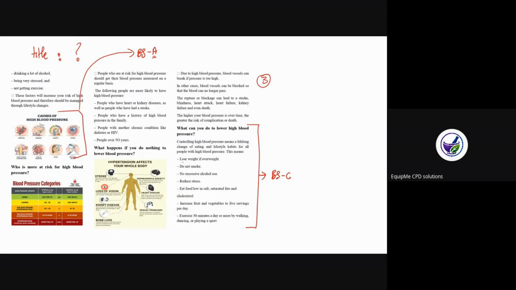During the public health campaign, I educated patients about the importance of losing weight, reducing alcohol, reducing stress, eating fruits, and all of those things. And then I linked it with behavior statement C. What does it show? Application, a link with the behavior statement, and all the text that you have.